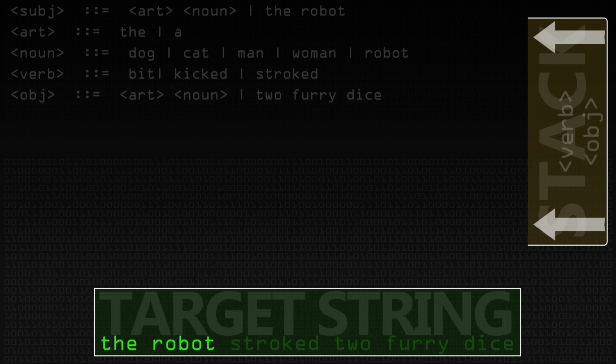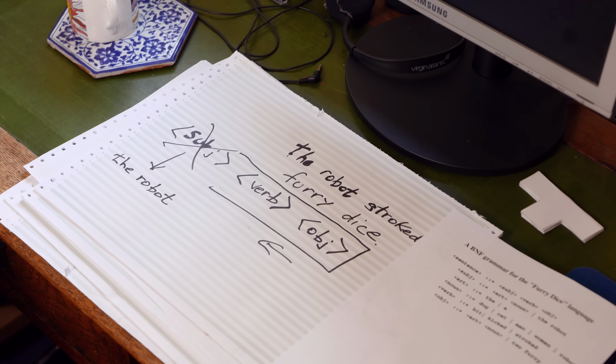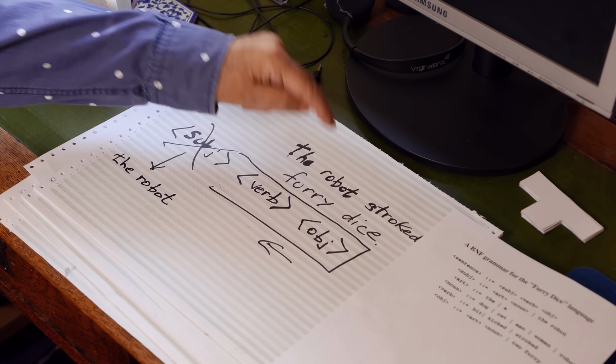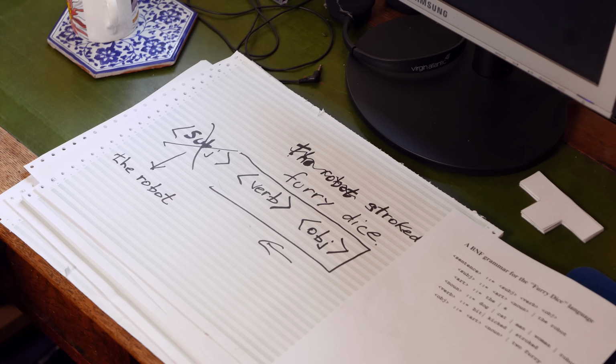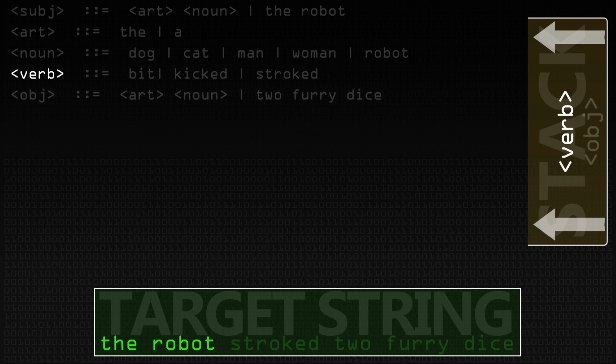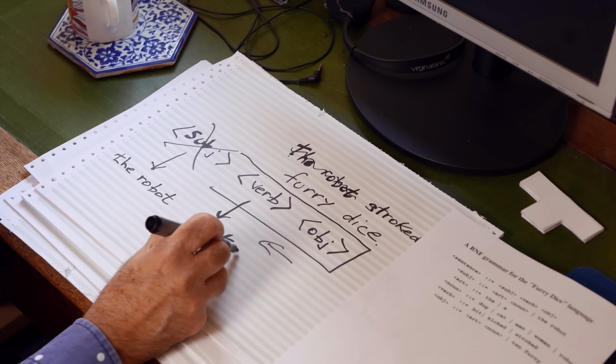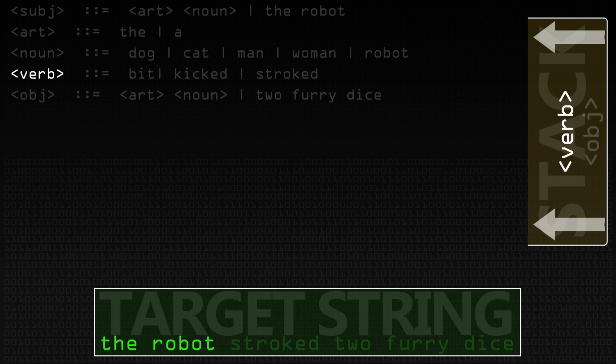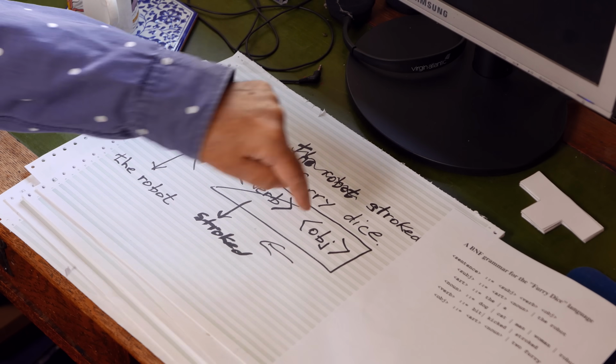I've done that. Next thing, to match this sentence, you've got to be able to match the verb. We're going along the string. We've coped with the robot. Next valid leaf word that has to match up with being a verb, I'm looking at stroked. Is stroked a possibility? Look at verb. What are the possibilities for verb? I see bit, kicked or stroked. Great, I choose stroked. But once again, if you can imagine the stack, I then pop that off the top of the stack. We've done it. The stack is shrinking. All we've got left to identify is an object that matches that sentence.